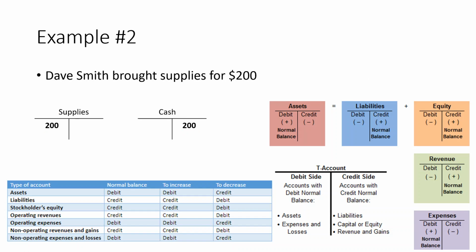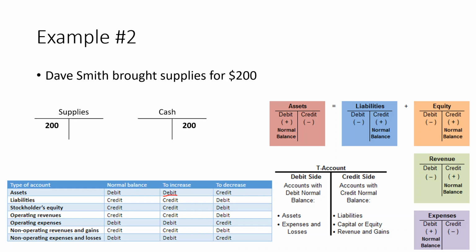Let's say Dave Smith bought supplies for $200. In this case, the business is gaining an asset. The asset is supplies, which can be used for whatever purpose the business wants. Of course, we have to increase the supplies balance. And to increase the supplies balance, this asset balance, we've got to debit the asset. We've also got